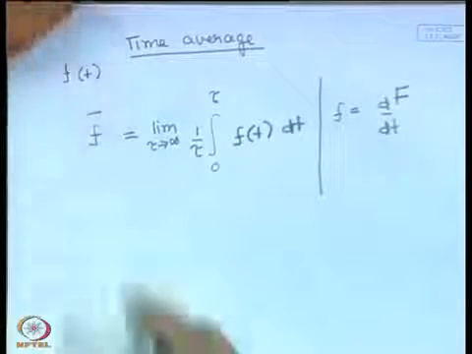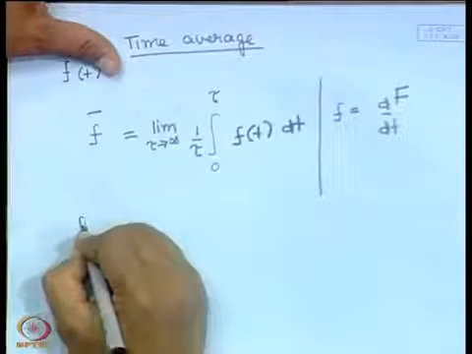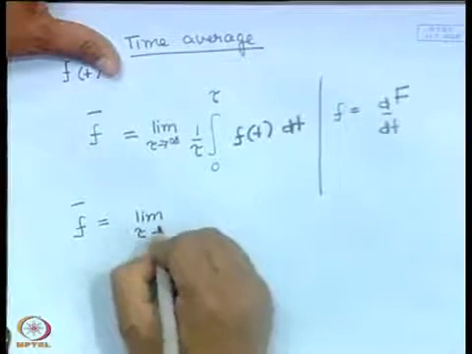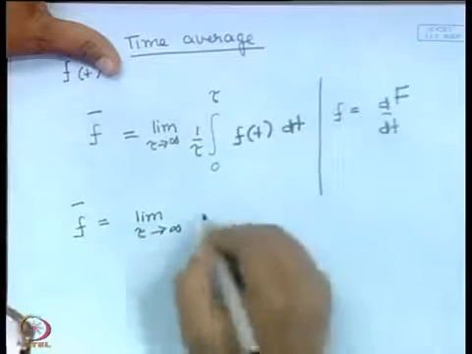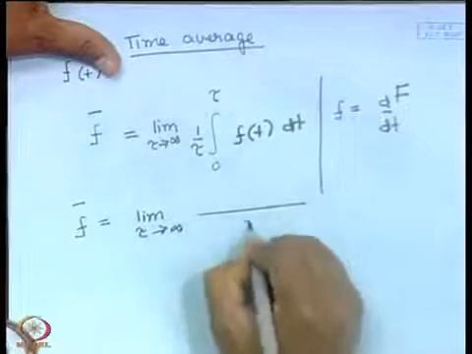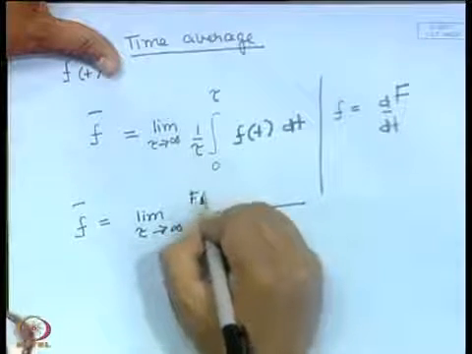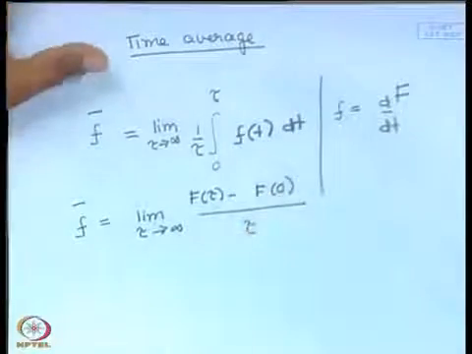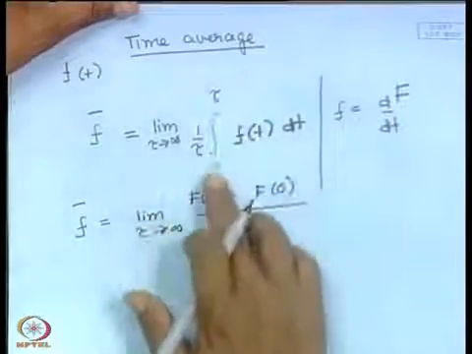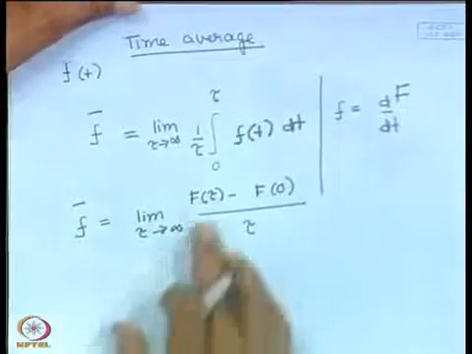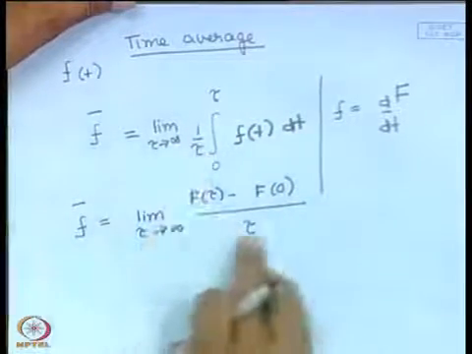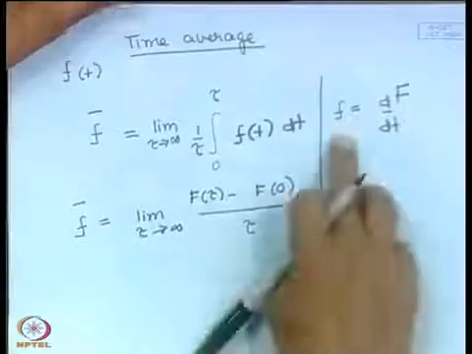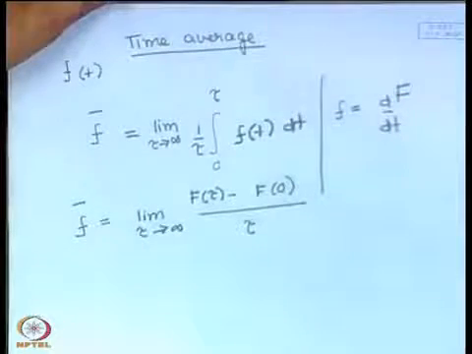What we get is that the time average of f is equal to the limit as tau goes to infinity of 1 by tau times f(tau) minus f(0). Right, it is the derivative. So if I plug this in here, I will just get the values at the end points, and then I have this 1 by tau over here. So this time average can be written like this, if this f is a time total derivative of some quantity,